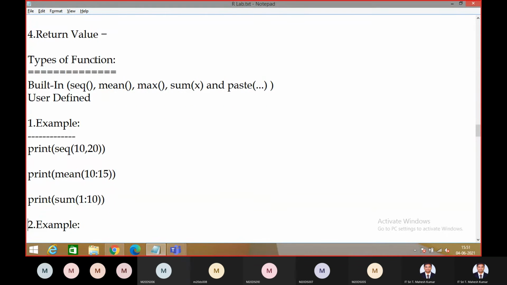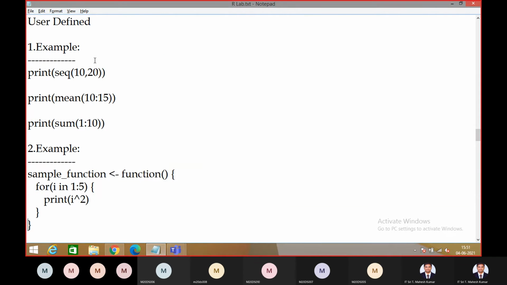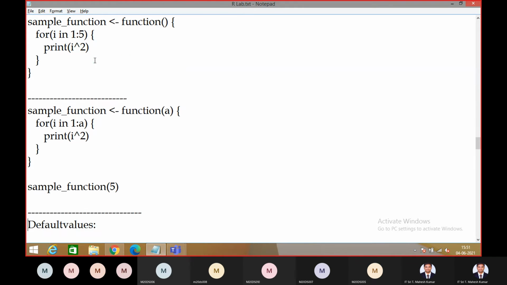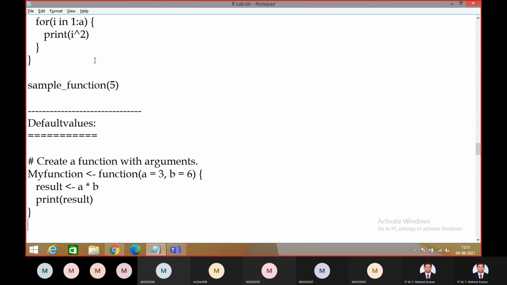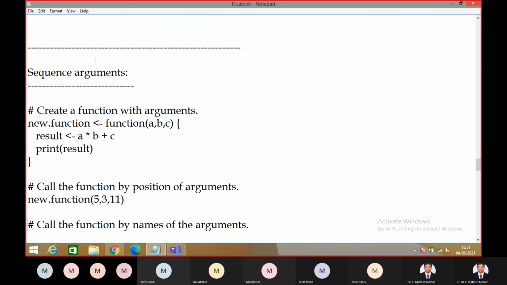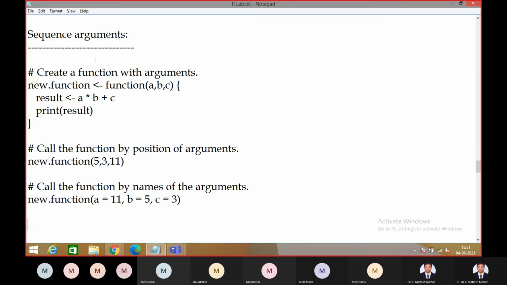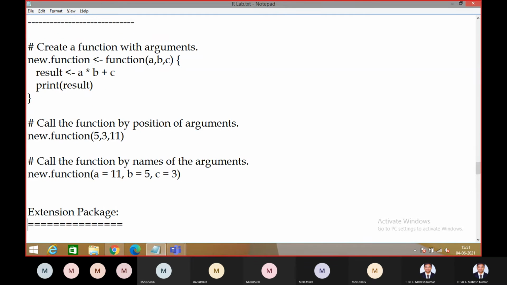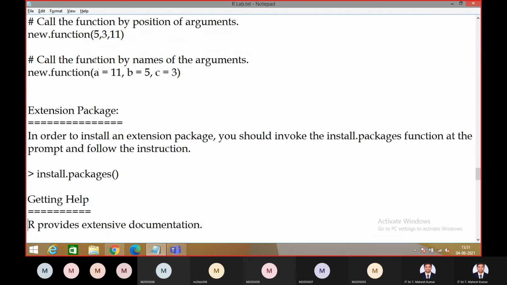User-defined means the functions which are defined by the user. Return statements are also possible, and default values are also possible in R programming. We can also send the values for the arguments by mentioning the names. That is a new thing in R programming. So this is about functions.